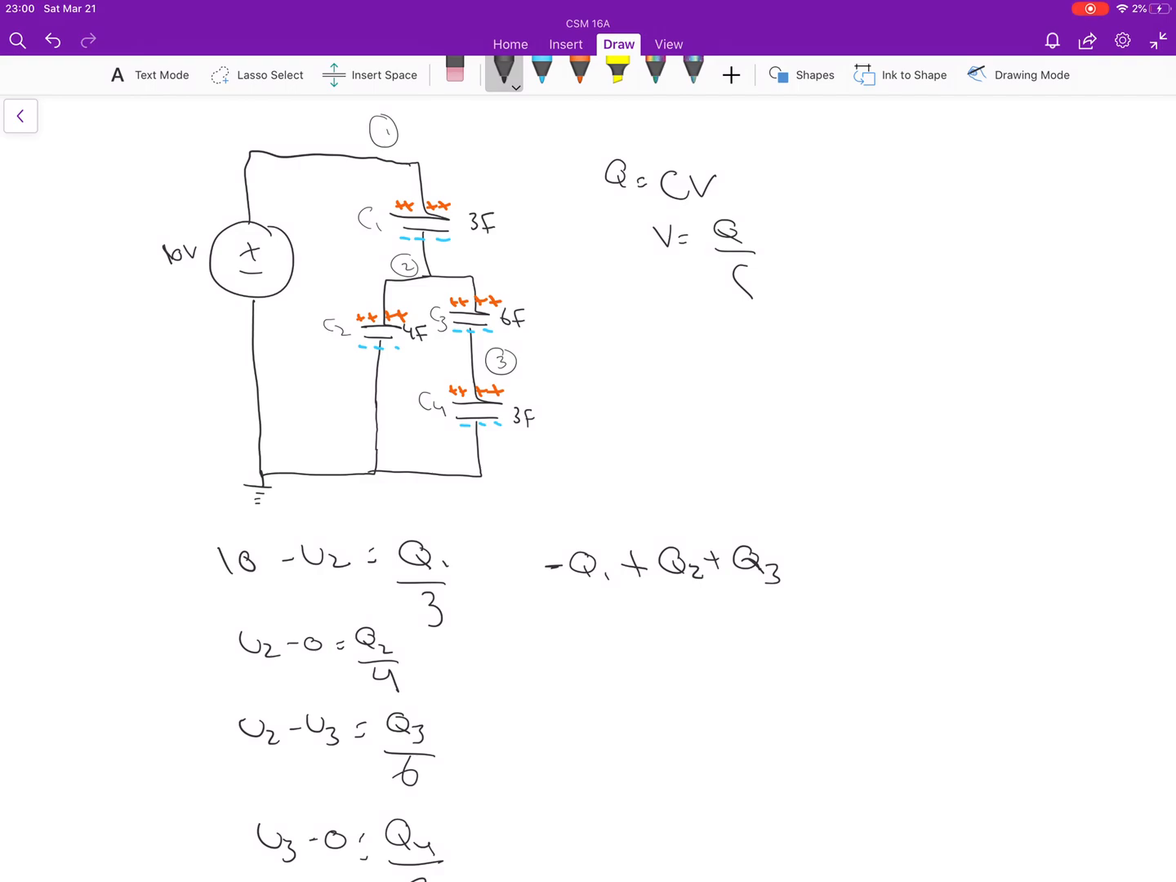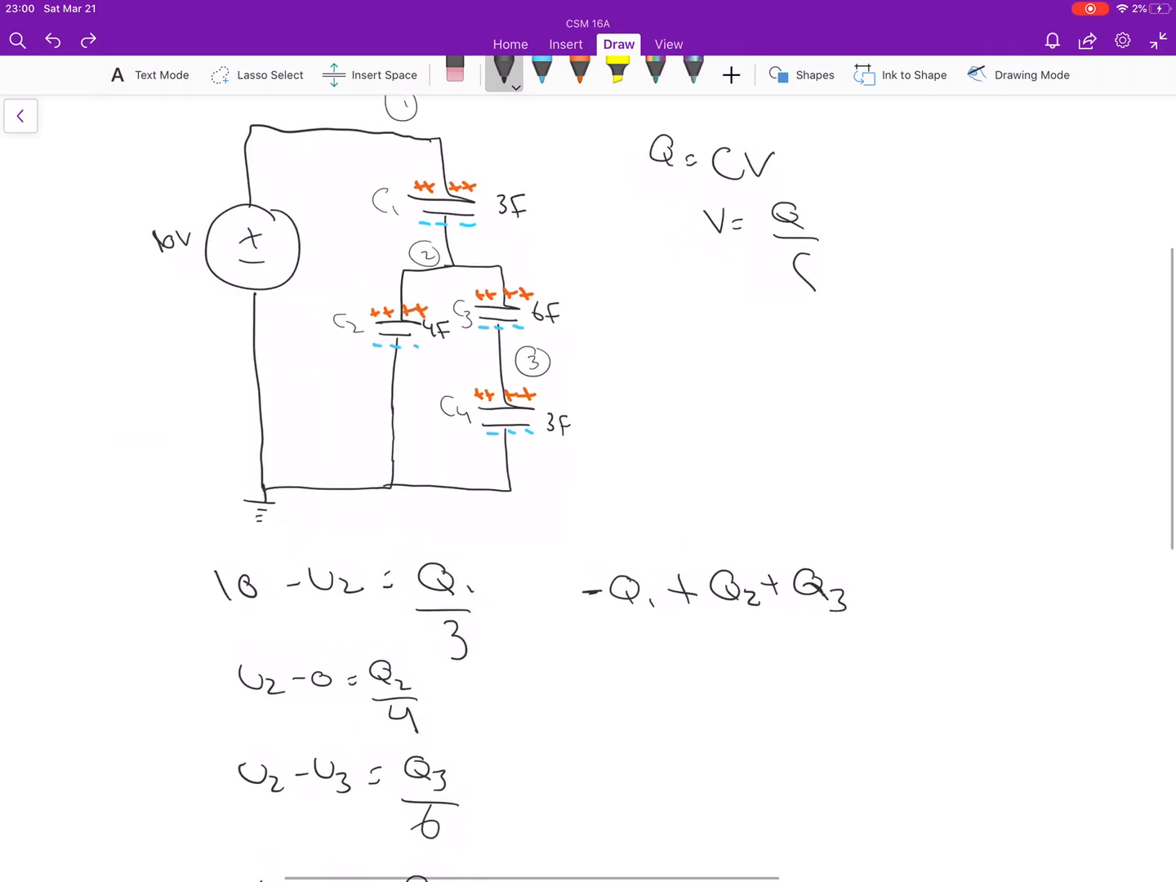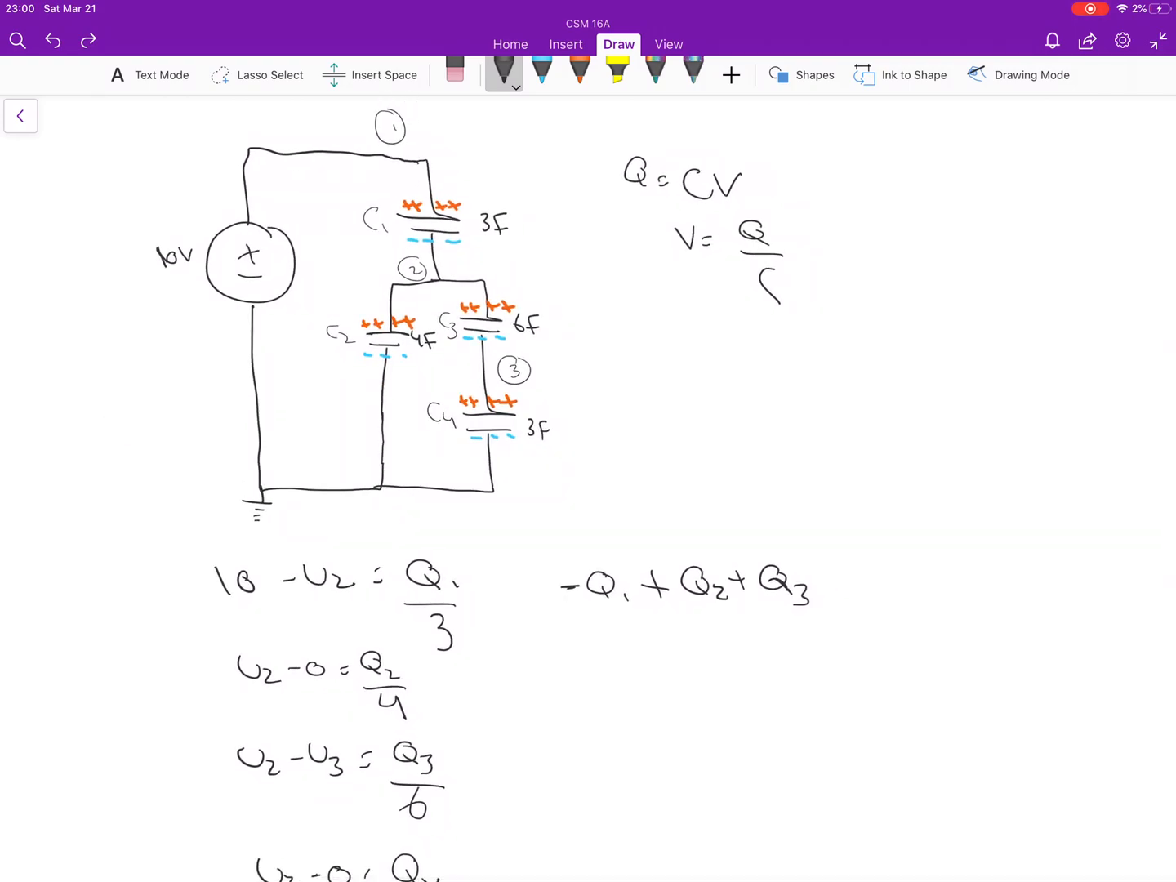So instead of U1 minus U2, I'd be doing U2 minus U1, and then I flip the sign. So that would kind of balance itself out. But yeah, we don't need to really worry about that. I'm just going to do it this way for now. We're going to say this implies that Q1 is Q2